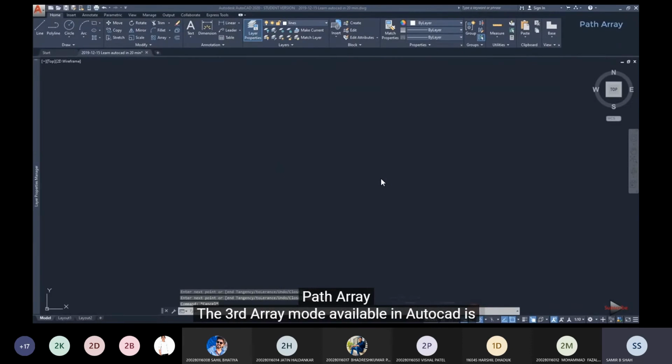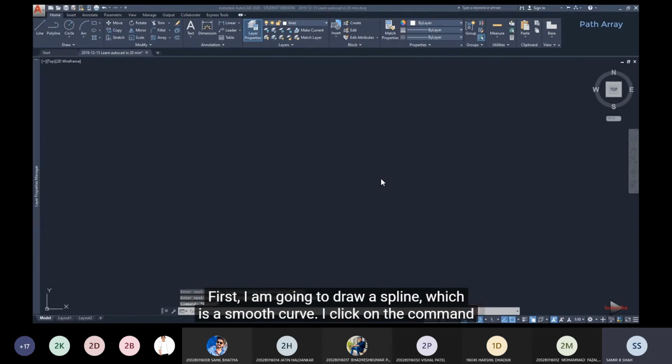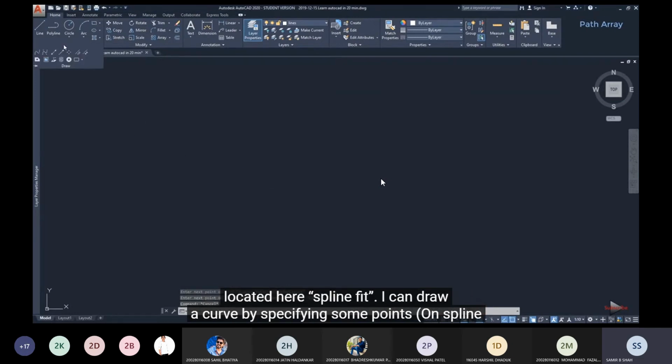Path Array. The third array mode available in AutoCAD is Path Array. We can copy objects along a line or a curve. Let's see how it is. First, I'm going to draw a spline, which is a smooth curve. I click on the command located here, Spline Fit,